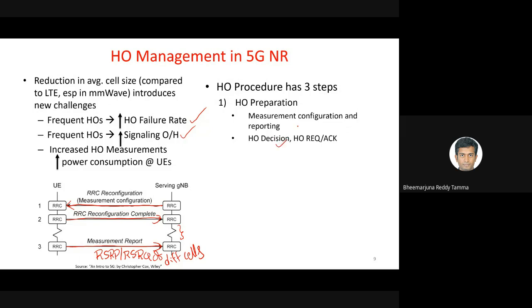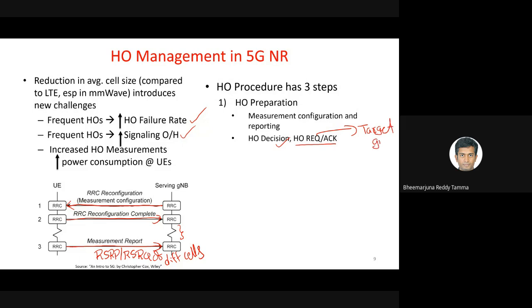So based on the reports coming from the user equipment, it has to decide whether it is the time to do handover or it can wait for a certain time. In that case, it waits for further measurement reports and decides whether to take handover or not. So once it decides to do the handover, it sends something called handover request and gets acknowledgement from the target